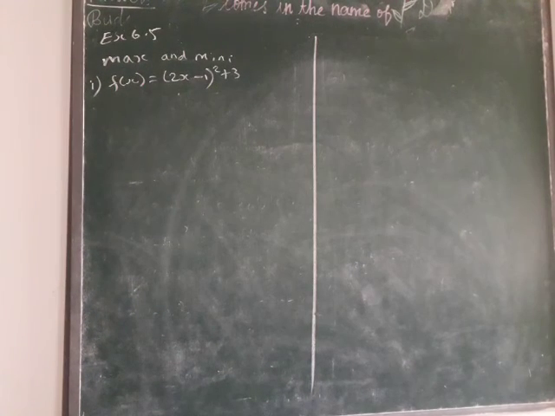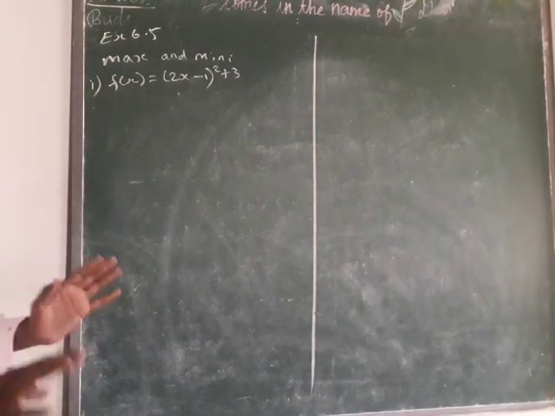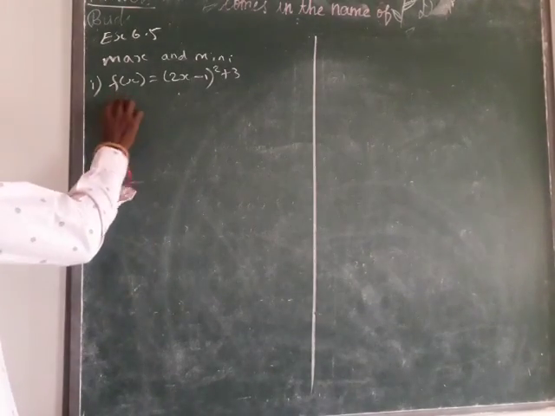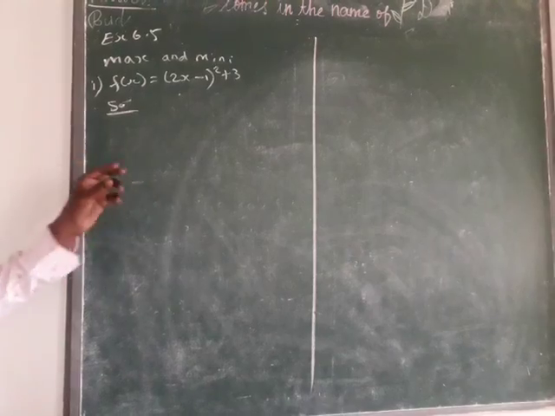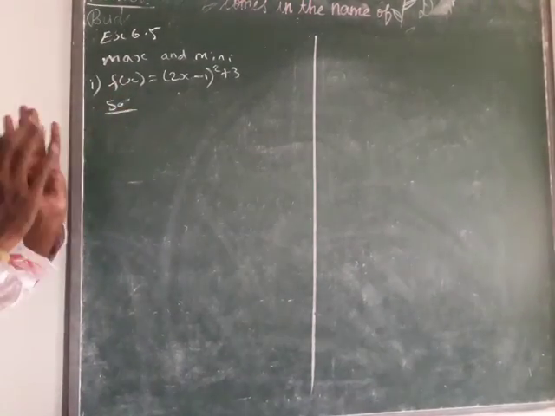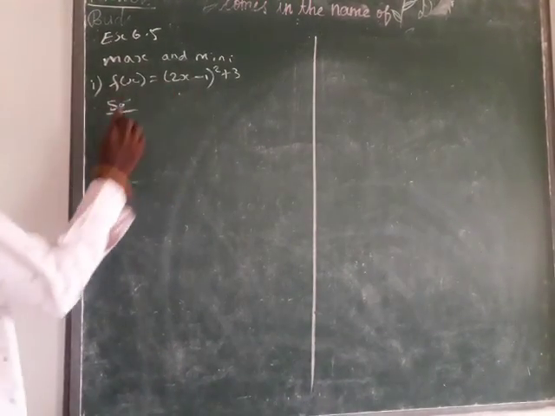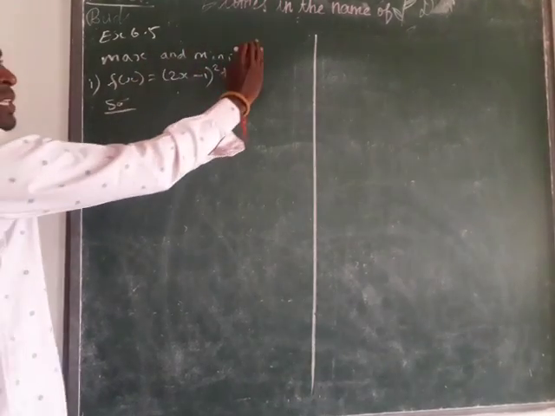So how to find it without applying differential calculus? Just as generally answered in lower classes, how to find it? Simple. First take the x term. Here what is the variable? Here x is the variable. Take the variable term alone. This is only the variable term, and this is only the constant term.